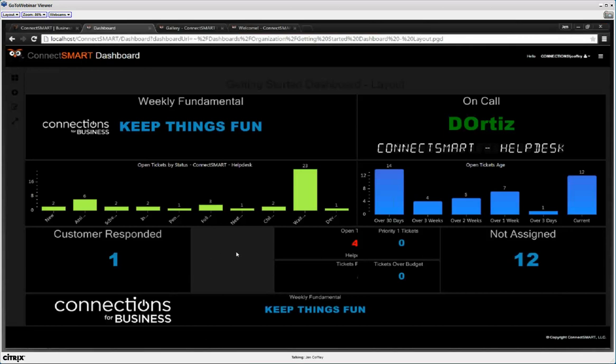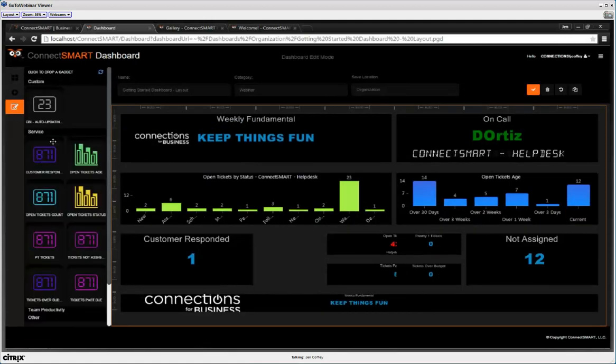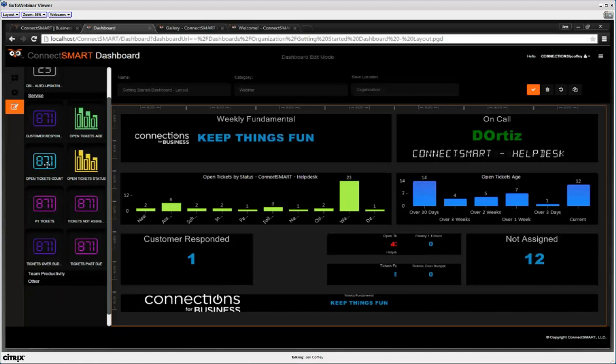And since I left myself a nice big hole in the one that I was moving around, I will go ahead and add it there. So I'm going to grab that published gadget that I added, open tickets count, oops,